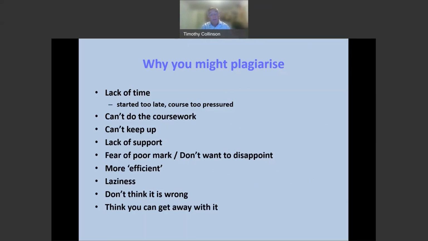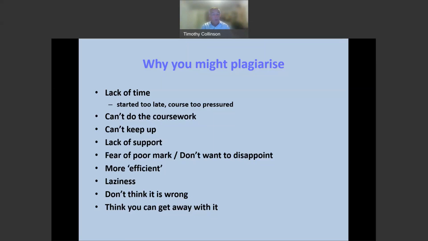You might feel that there's a lack of support for what you're doing. And hopefully, if you've not come across it, do recognise there's support from the library, of course. There's support from the academic skills unit in the Nuffield building. There's support from the wellbeing team and chaplaincy. And support, of course, from your tutors, which I would highly recommend you make time to talk to, get in touch with and say, this is difficult, or I'm struggling with this, or I need help with that. And I'm sure they'll be very happy to give you that kind of support.